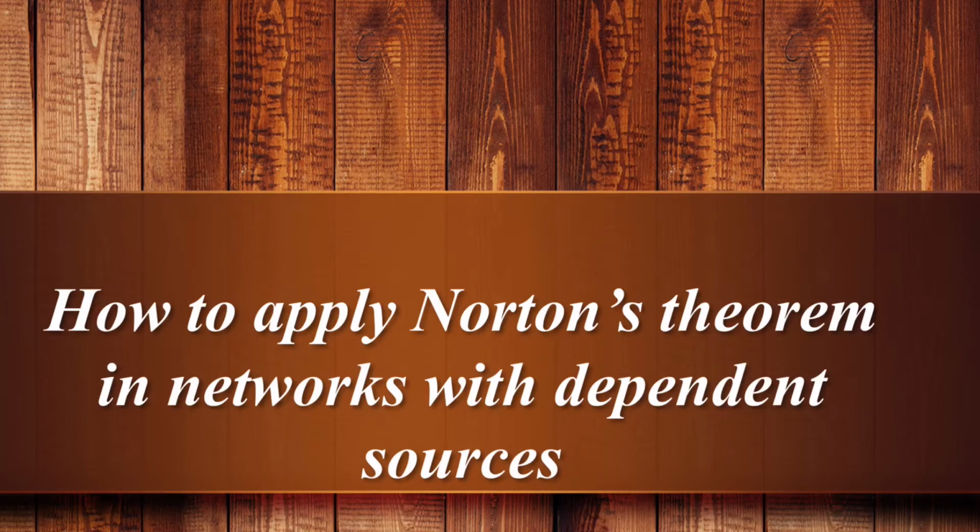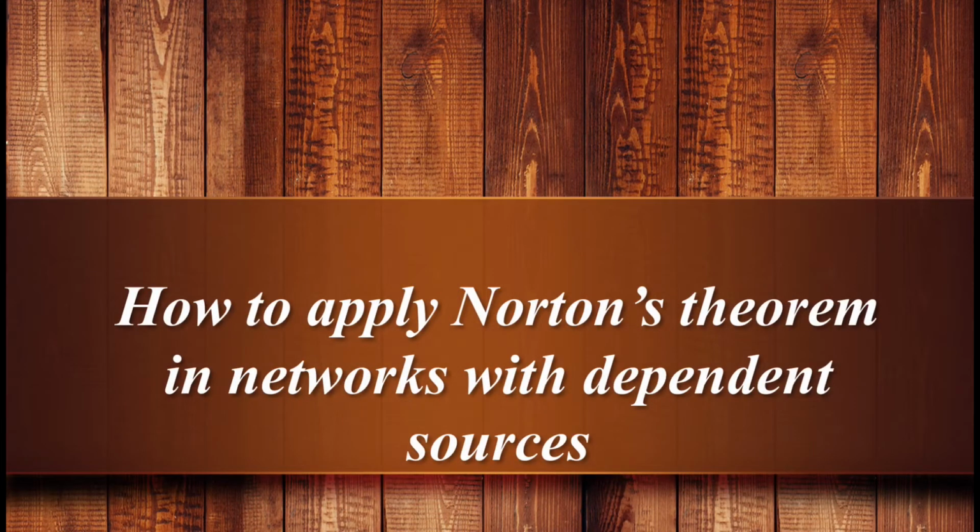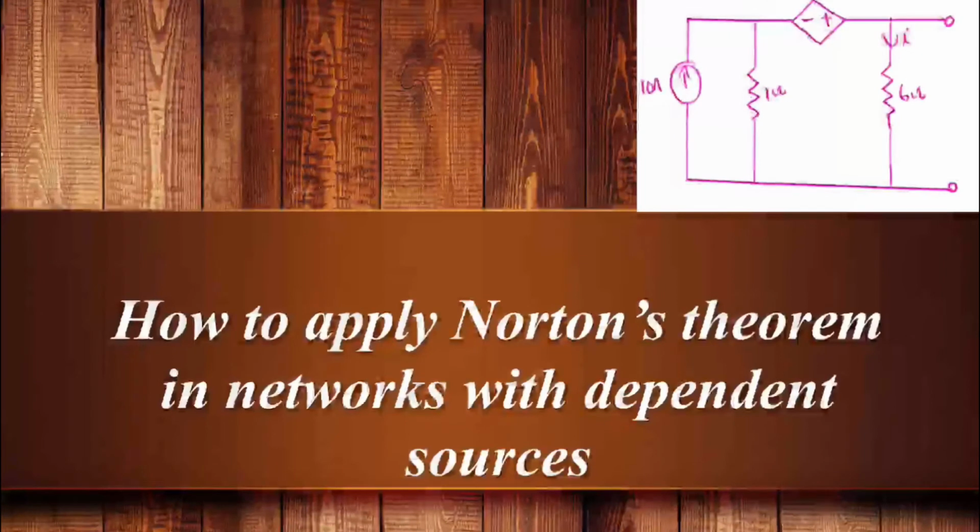We can set an independent voltage source to 0 by replacing it with a short circuit, and an independent current source to 0 by replacing it with an open circuit. Now consider a situation where the electrical network to be analyzed has dependent sources. How can we set a dependent source to 0? Or how can we calculate Norton equivalent resistance of an electrical network with dependent sources?